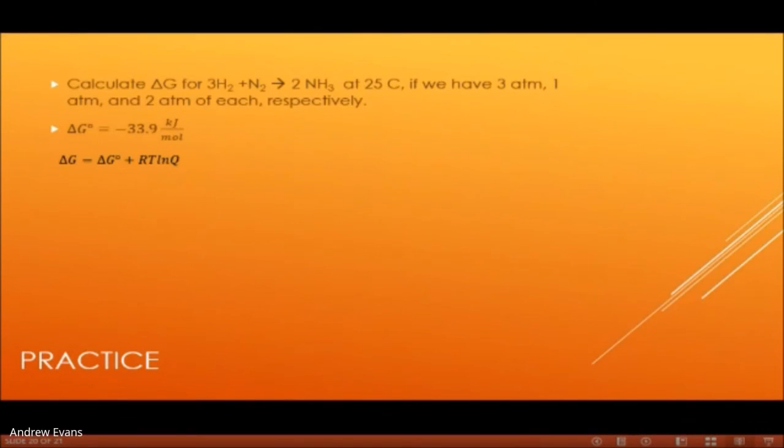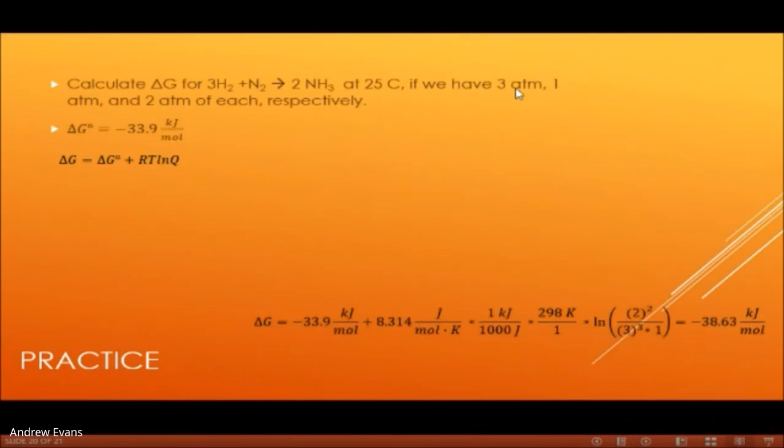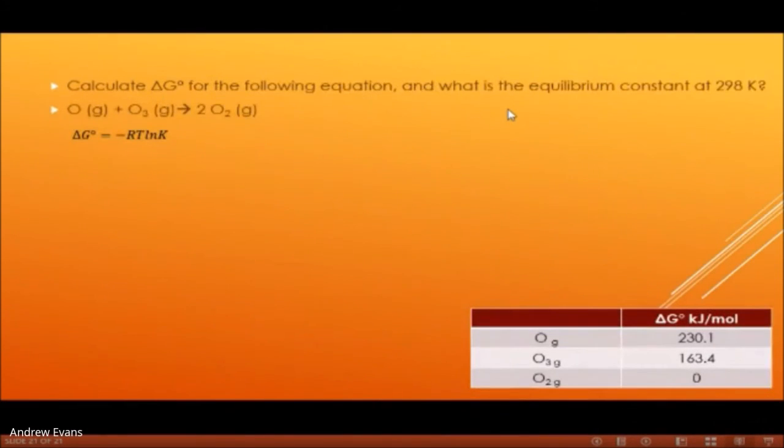Okay. Now, and then I think one more, just practicing like this. Calculate delta G standard for the following equation, and then what is the equilibrium constant at 298? So this is the degradation of ozone by molecular oxygen. We kind of looked at this, just a pinch back in kinetics. So writing my values down,